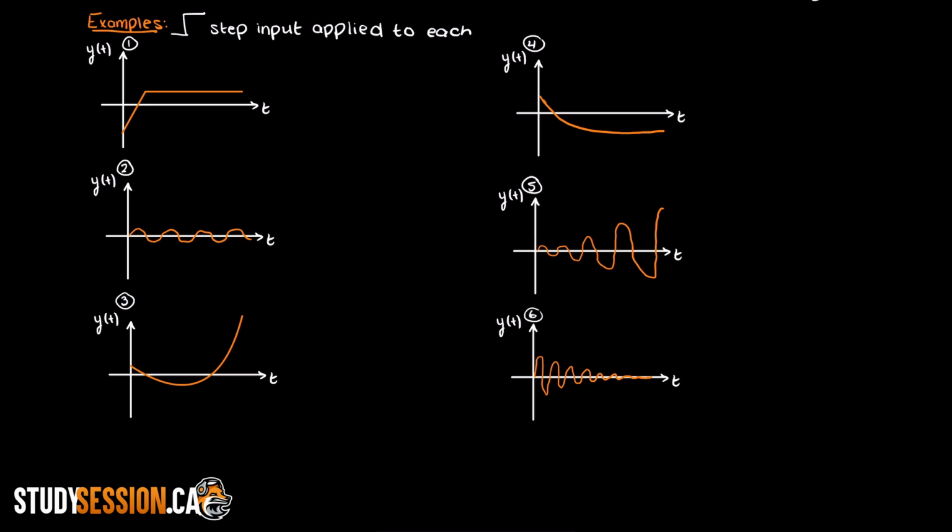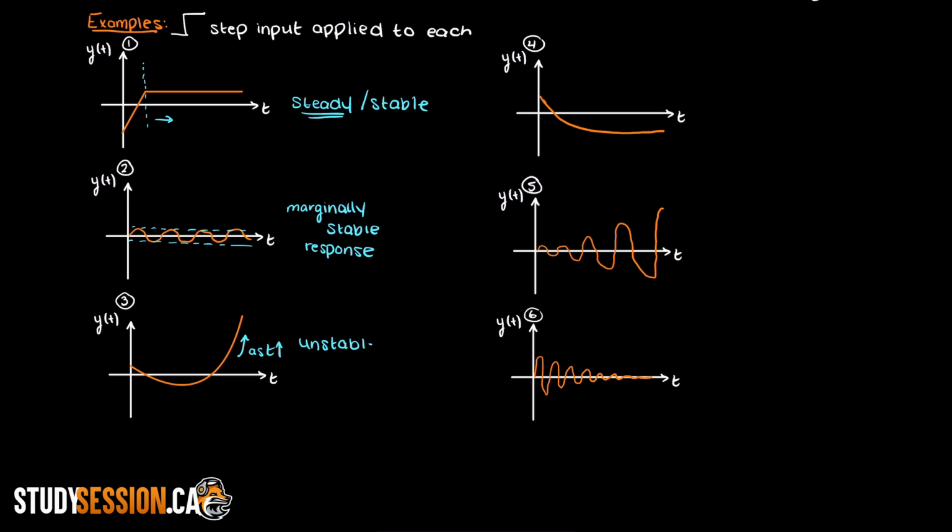Let's begin with example number 1. It is clear that in this system we are quickly reaching steady state. That is, we have an unchanging output as time progresses. Therefore, this system response is steady. Number 2. We have a simple sinusoidal response, which we previously talked about. And since it does not rest at one steady state value, or become unbounded, we call this a marginally stable response. Thirdly, we clearly have an unstable system response as the output shoots towards infinity from a bounded step input